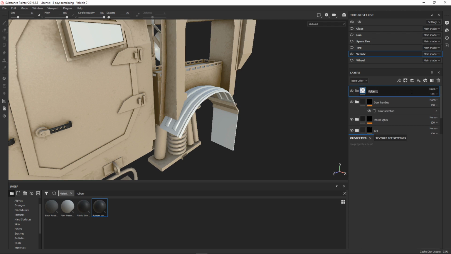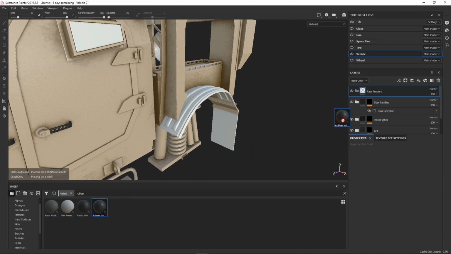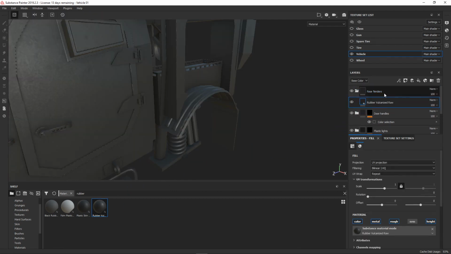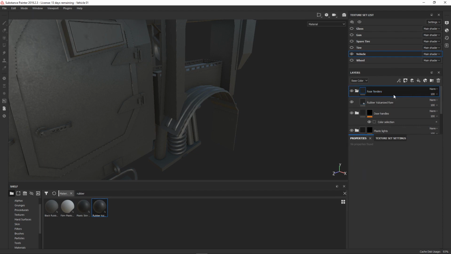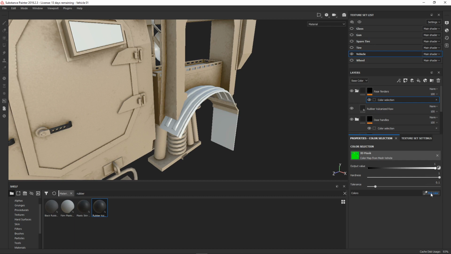We'll call this rear fenders. And let's add this same material, but let's change it just a bit once we do. So I'm going to try and get it right in that group there again. There we go. And then select this group and right click, add mask with color selection, pick color, and we'll grab that blue there. Okay, so we have that same material on there, but let's try and adjust it a